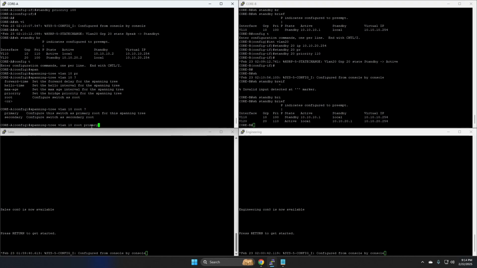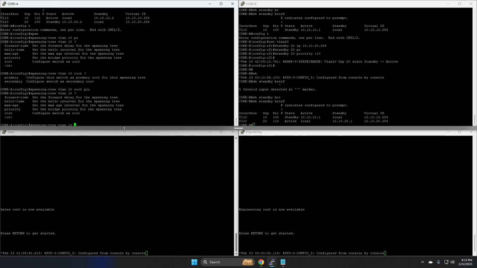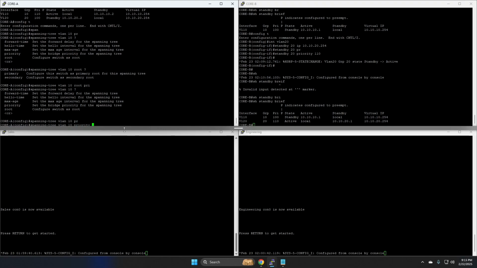Well, I actually don't want to do that, because what if in the future I have three switches? As you can see, there's only primary and secondary. What if I want in the future to set up a third switch to act as a tertiary root bridge? Well, if I use primary and secondary, I won't be able to do that because there are only two commands for that. There's no root tertiary, right? So what I'm going to do is set up the priority manually, and we're going to say priority 0